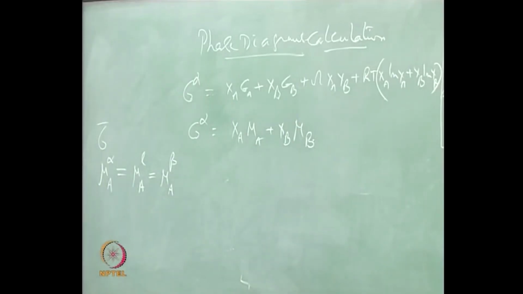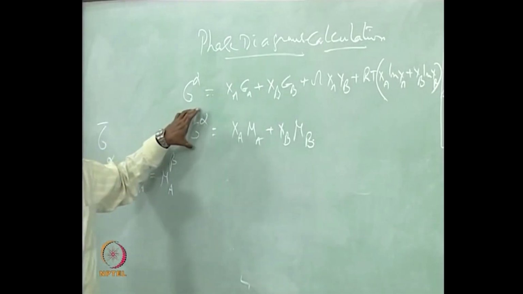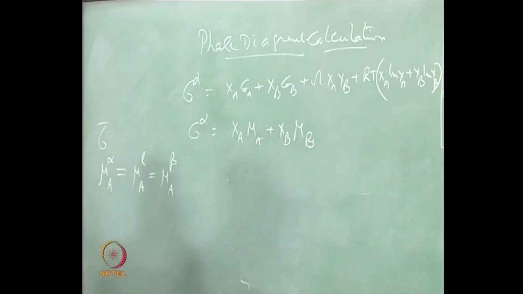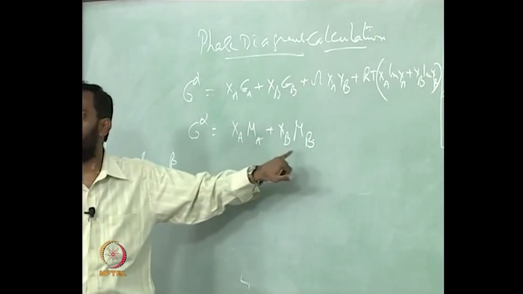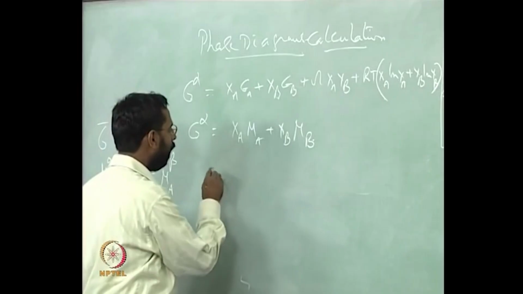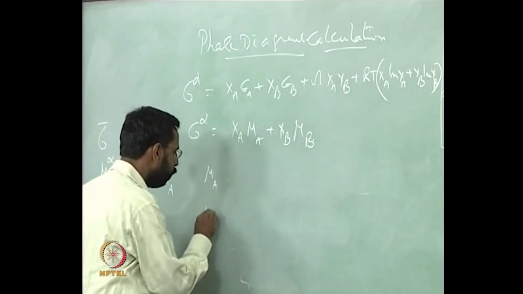You can also call it G bar or mu, whatever it is. A free energy of any phase can be written as follows, because what is mu? Mu is nothing but the rate of change of free energy with composition. So as a result, we can easily write this as this. If that is the case, then we can find out what mu A and mu B are